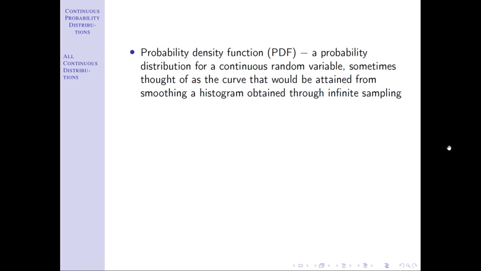First off, if you remember for discrete variables, we had what was called a PMF, a probability mass function. That was a probability distribution for a discrete random variable. For continuous, we call it a PDF. You don't need to know the difference between the two of them. I'm not going to test you on that. It's not a huge deal. Just an FYI that we call a probability distribution something slightly different depending on if it's a continuous or a